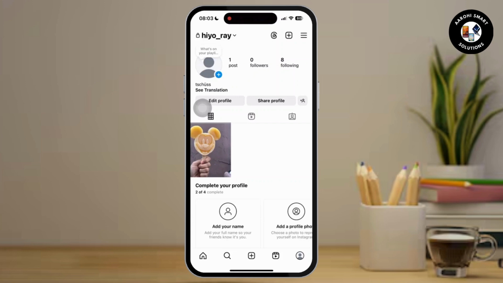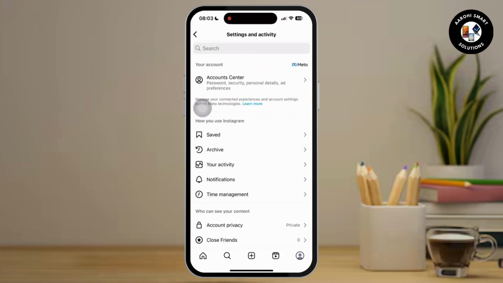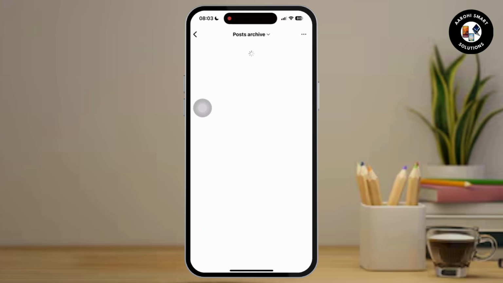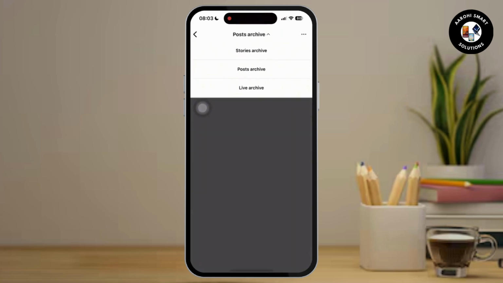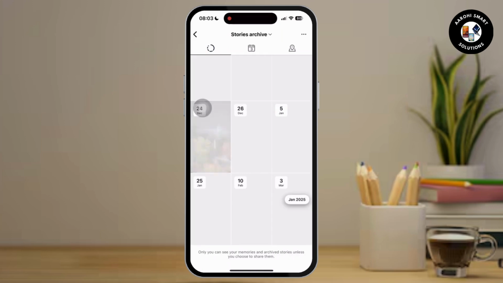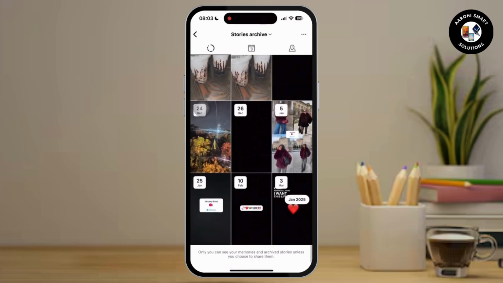Once in your profile, tap on the three dashes at the top right corner of your screen, then navigate to the settings and privacy. Here, scroll down and tap on the archive, then tap on the posts archive. From there, tap on the stories, and then you will get to see the recent story you have archived. Now simply tap on it